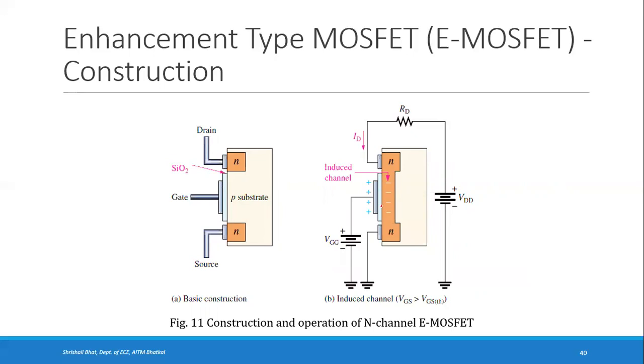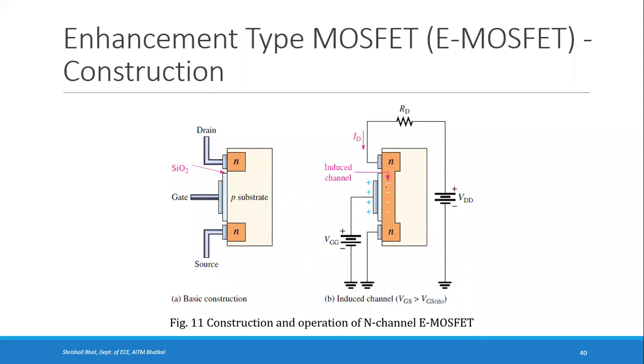What do you mean by capacitive effect? Whenever two conducting regions are separated by an insulator, if a charge is developed on one of the plates, an equal but opposite polarity charge is induced on the other plate. If you have connected this to the positive voltage, there will be positive charge, and because of the capacitive effect, an equal amount of negative charges are created on the other side of the capacitor.